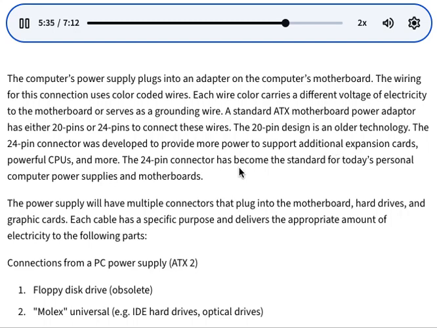The 24-pin connector has become the standard for today's personal computer power supplies and motherboards. The power supply will have multiple connectors that plug into the motherboard, hard drives, and graphic cards. Each cable has a specific purpose and delivers the appropriate amount of electricity to the following parts: